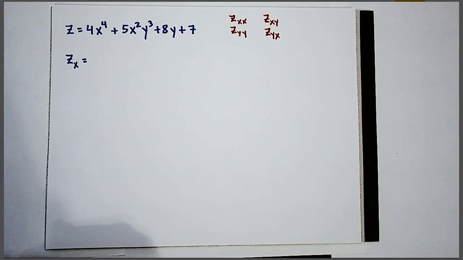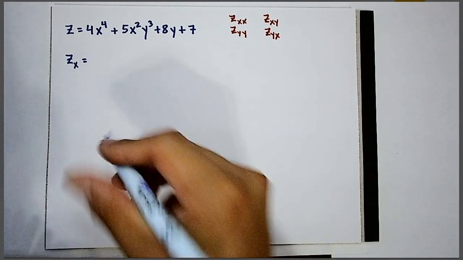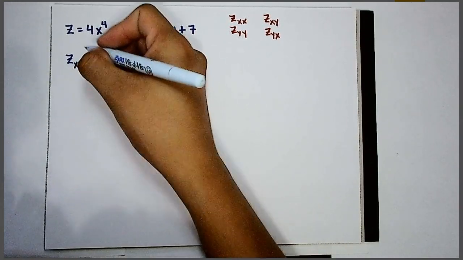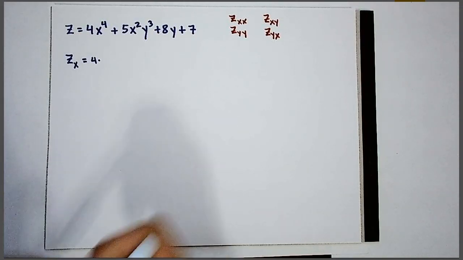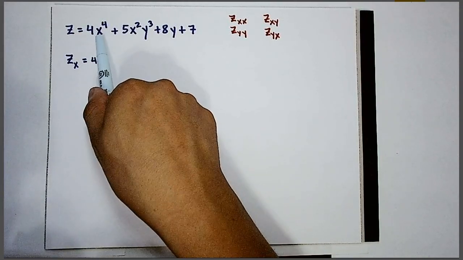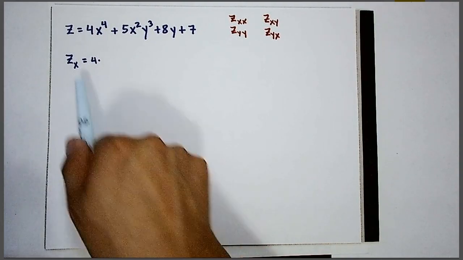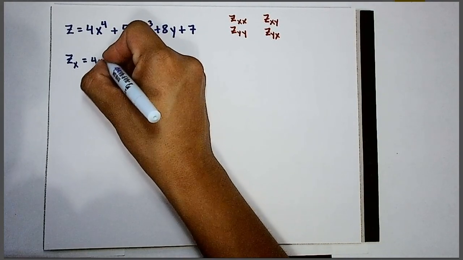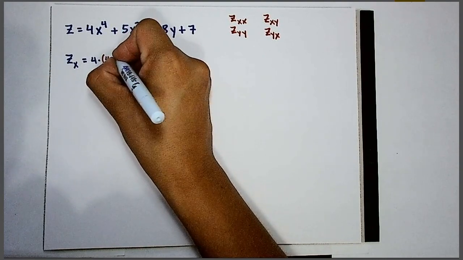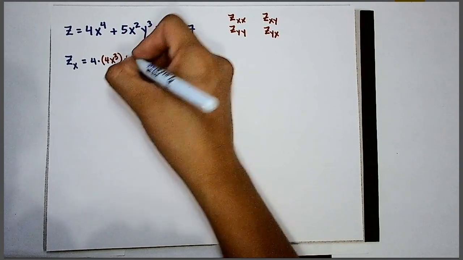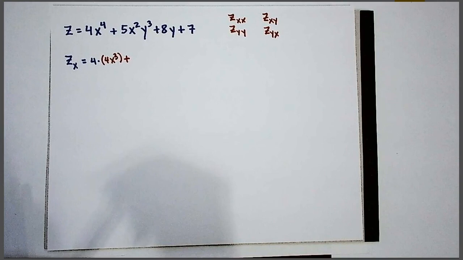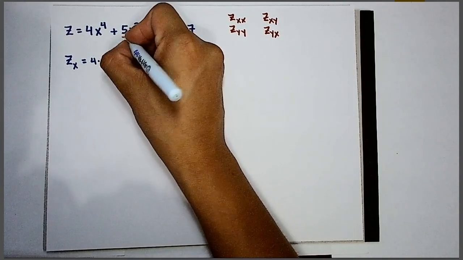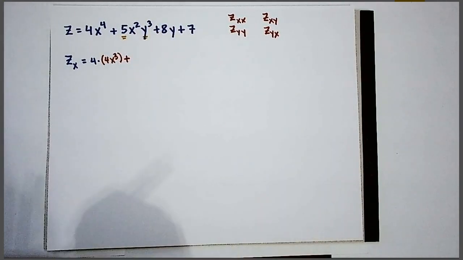In the first case, the derivative of 4x to the fourth, first we need to recognize that 4 is a constant times the derivative of x to the fourth with respect to x, which is simply 4x cubic, plus, for the second term, 5 and y cubic